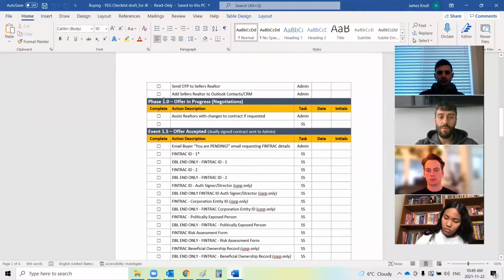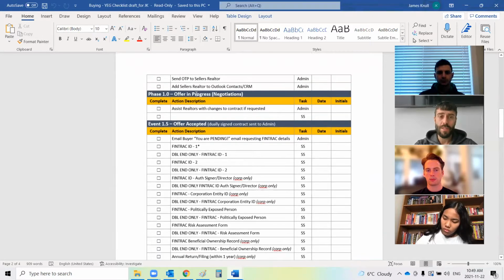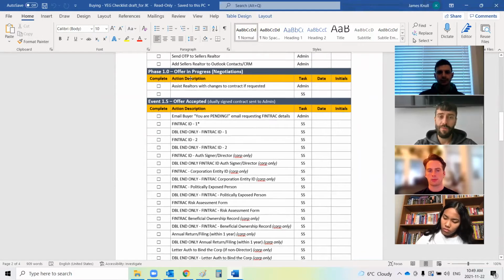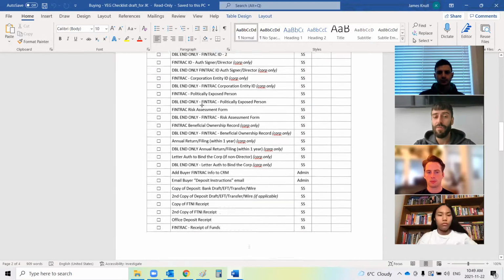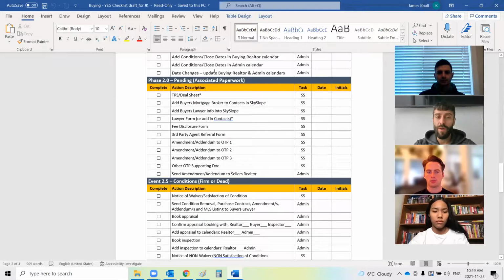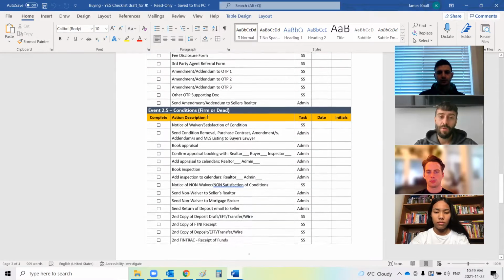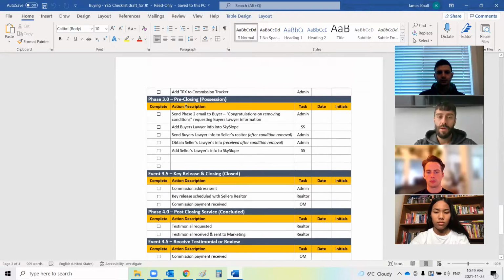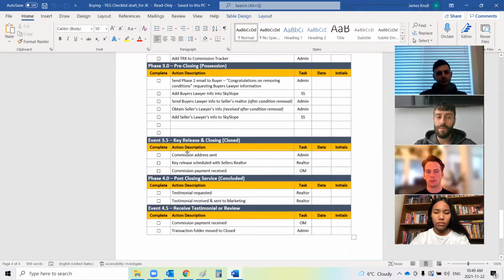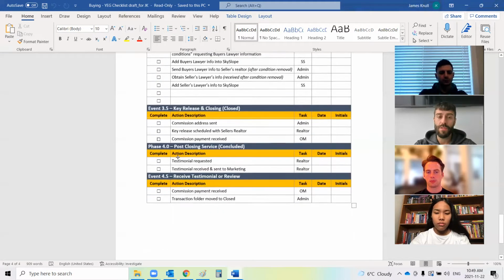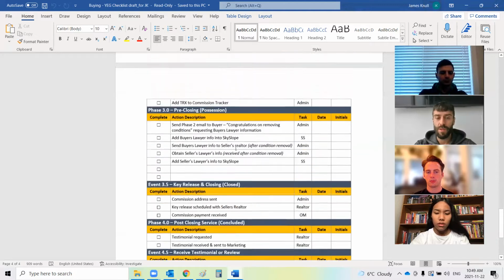For phase 1, we've got the offer. Once the offer is accepted, we have phase 1 negotiation. So admin doesn't really do much during negotiations. I mean, admin's just basically waiting for 1.5 to happen so that offer comes in. Once we get through 1.5, we're in phase 2, which is our pending period. We remove conditions. We get into pre-closing, keys are released in closing, post-closing service, and we receive our testimonial and